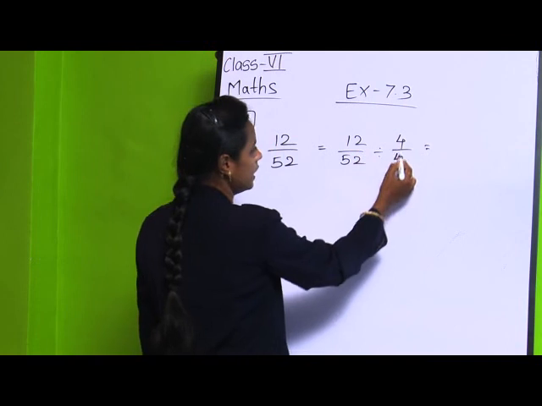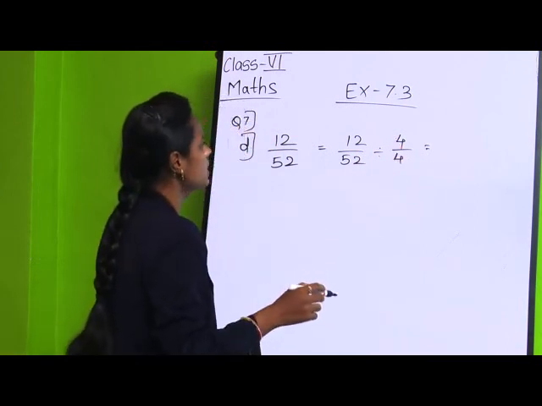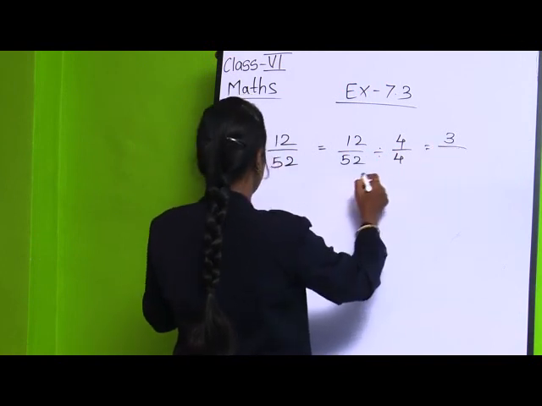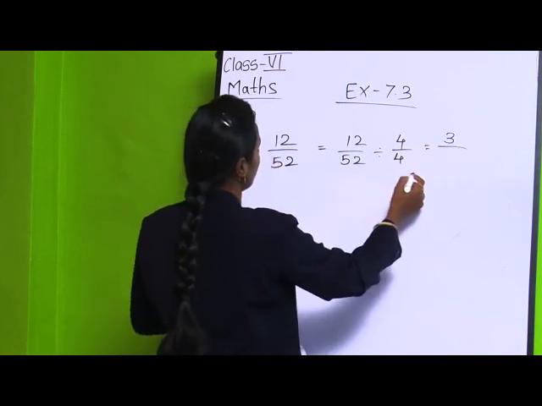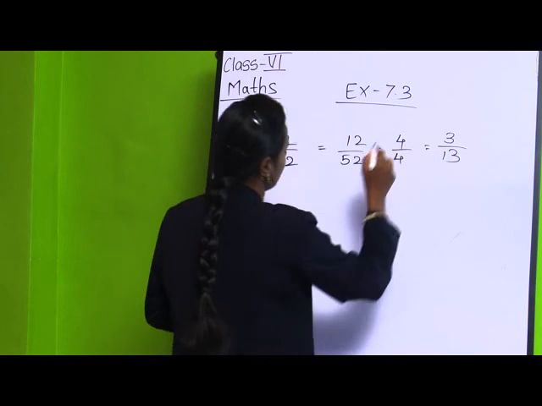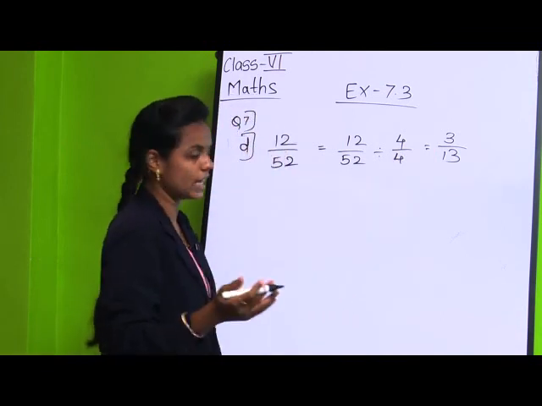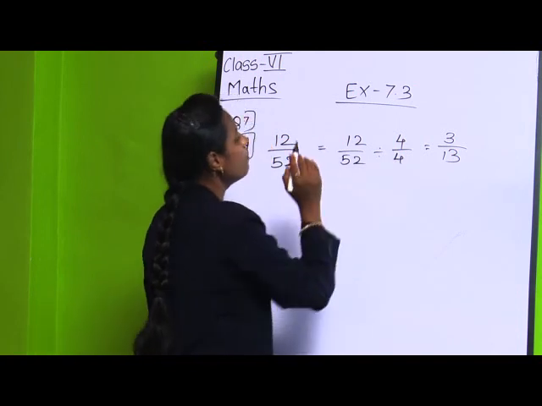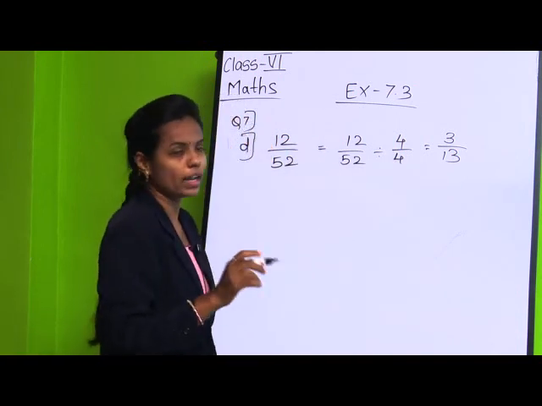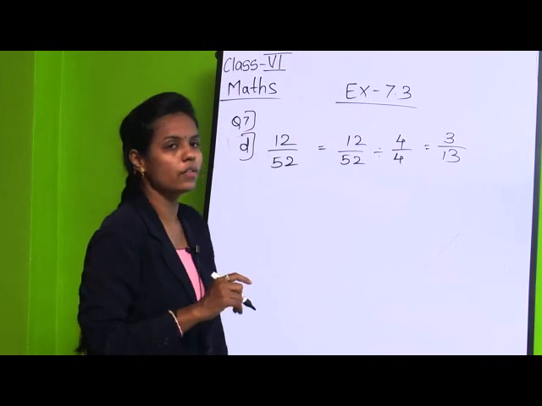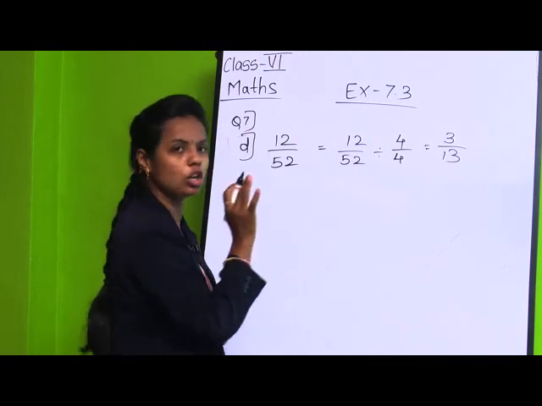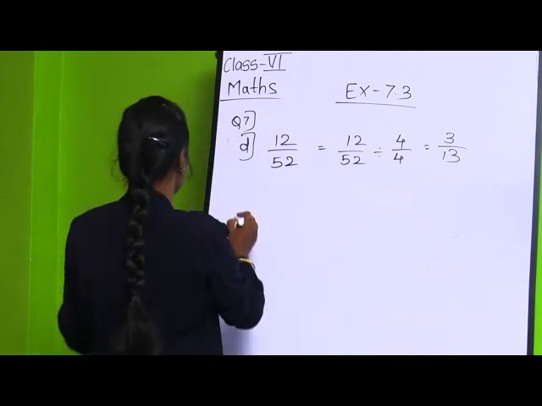Numerator and denominator should be divided by the same number. So 12 divided by 4 we have 3, and 52 divided by 4 we have 13. For just checking, 4 3s are 12 and 4 13s are 52. So this is the lowest term itself, and we cannot go beyond this because this is the lowest term itself. One more example,